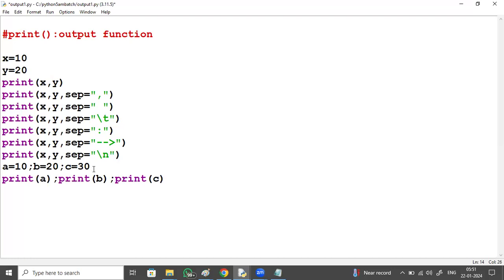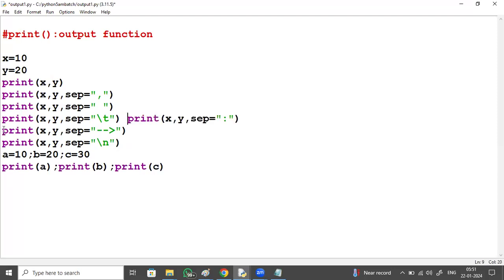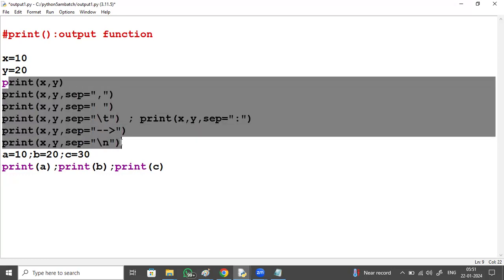Semicolon is normally not required, but for multiple statements like this, if you write 2 print statements in a single line, it gives an error. See that it gives an error there. If you use a semicolon, it works. Understood? All these 5 statements I can write in a single line by keeping a semicolon between them.